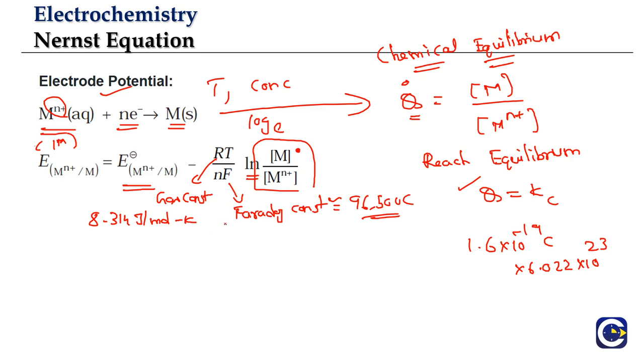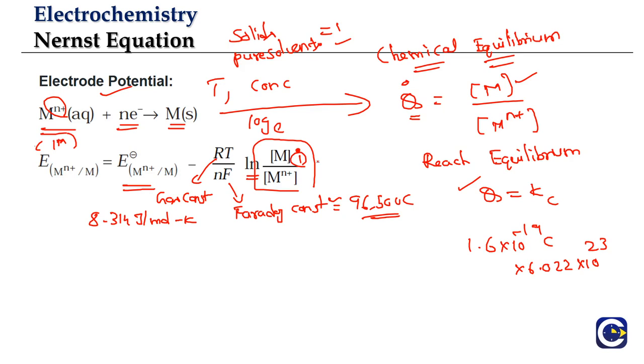Now in this, I hope you can recall that whenever we are expressing the concentrations of the substances in the chemical equilibrium also, we have talked about it. The concentration or the active mass of solids and pure solvents, we will consider their concentrations to be equal to 1. We will consider the active mass of those substances to be equal to 1. So here we can see in the numerator we are talking about the active mass or concentration of the solid. So we will be taking it as 1.